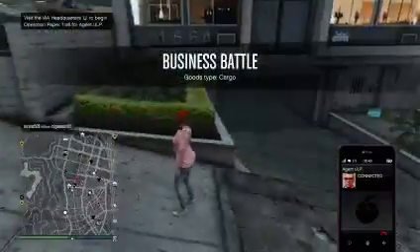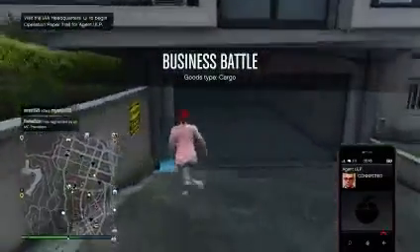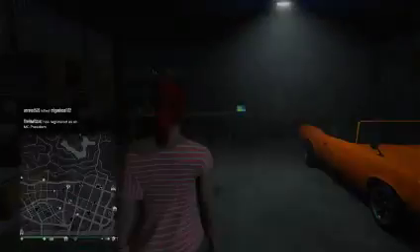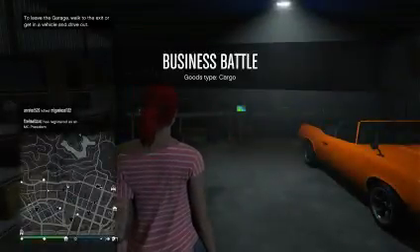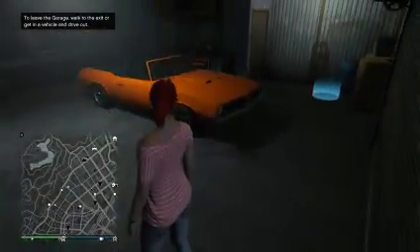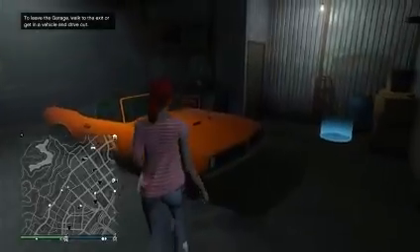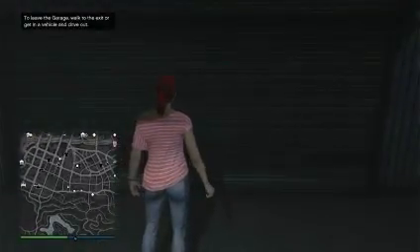See what car she's got in her garage. I don't remember what car she's got in here. All she's got is the orange one. Thought she had another one. She must have lost her other one. I'm gonna leave it alone, 'cause she'll lose it. I'll just steal her car.